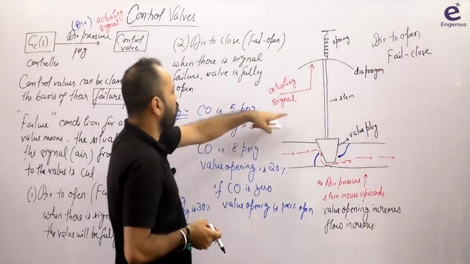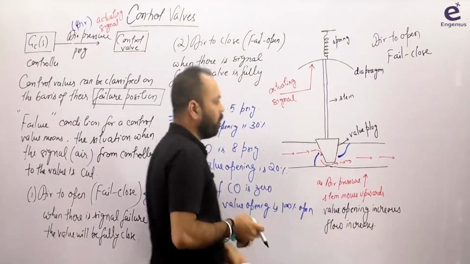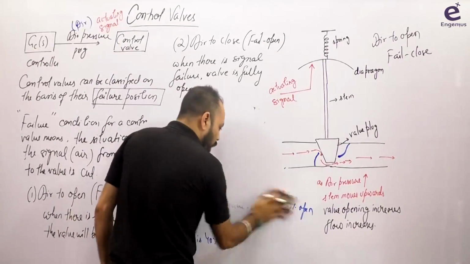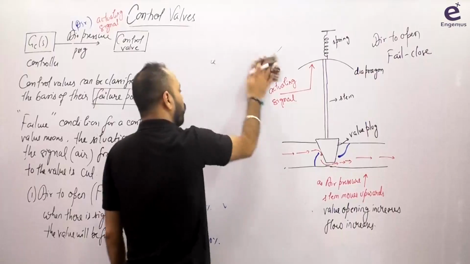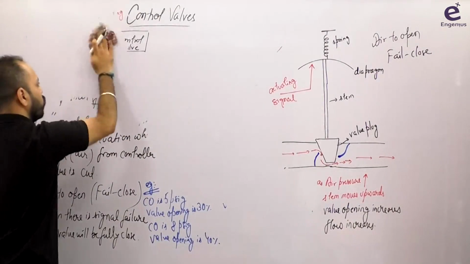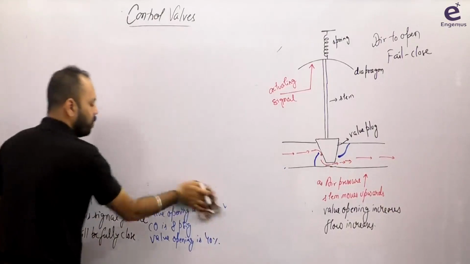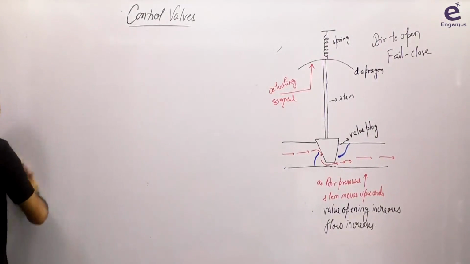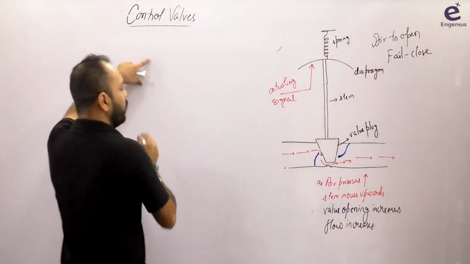And you can see here that depending upon how much this stem has moved, the flow will increase depending upon that only. ऐसा नहीं कि आपने थोड़ा सा signal दे दिया, the flow will be 100%. No. Depending upon how much signal is coming, the diaphragm will move upwards, the spring will be compressed, right? Energy will be stored in the spring and the flow will increase. If there is no signal, the spring will regain the position, the stem will move completely downwards and the valve will be completely closed. Suppose I make a little change here,